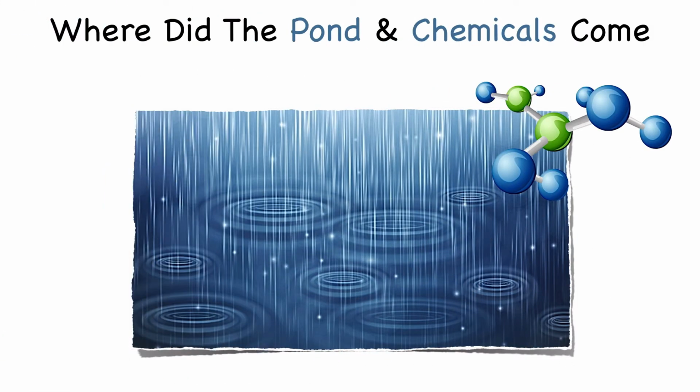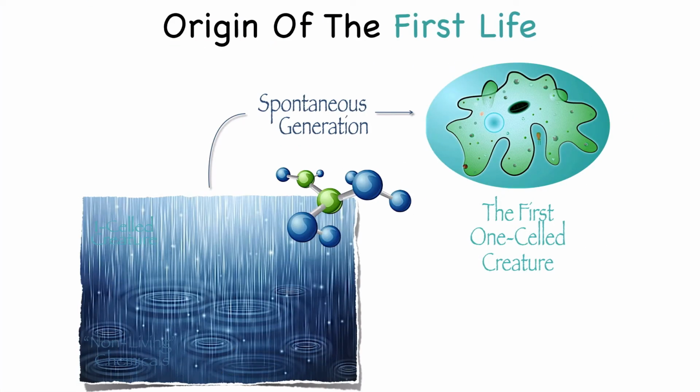Here's another thing to consider. Where did the water in the pond and the chemicals come from which the first life supposedly spontaneously generated? Some Darwinists will likely respond, it came from the material generated by the Big Bang fireball explosion. Okay, and where did the material come from contained within the Big Bang fireball explosion? Well, to this question, they have no answer other than it came from nowhere. So there is no real answer as to where the pond and chemicals came from, and no real credible explanation as to how life came from non-life. Only theories, like spontaneous generation.